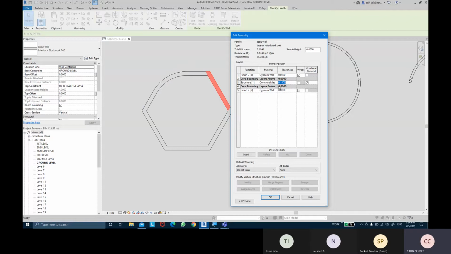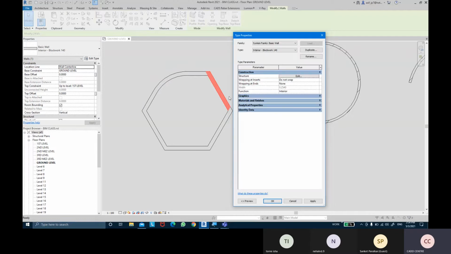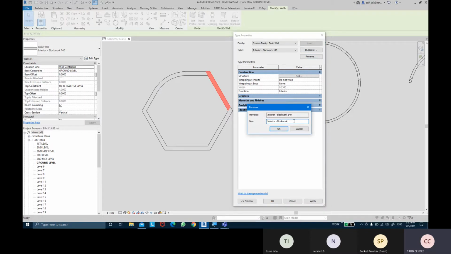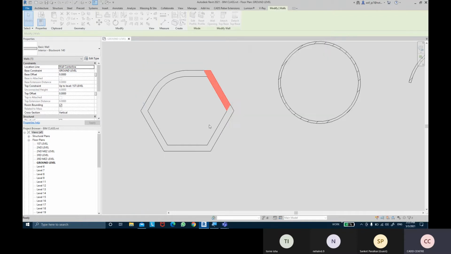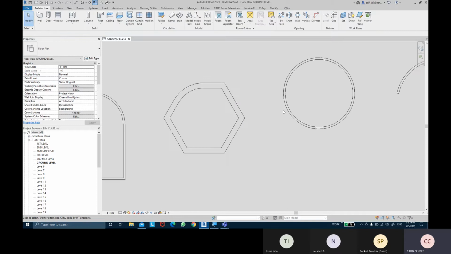Supposing I want 230, I type 230 block work and click OK, and it will change the thickness. I will also rename this as interior wall 230, click Apply, and here we go. You can see the wall thickness changes.